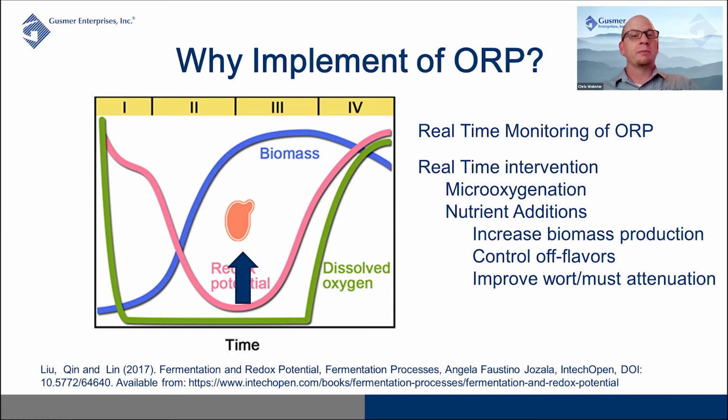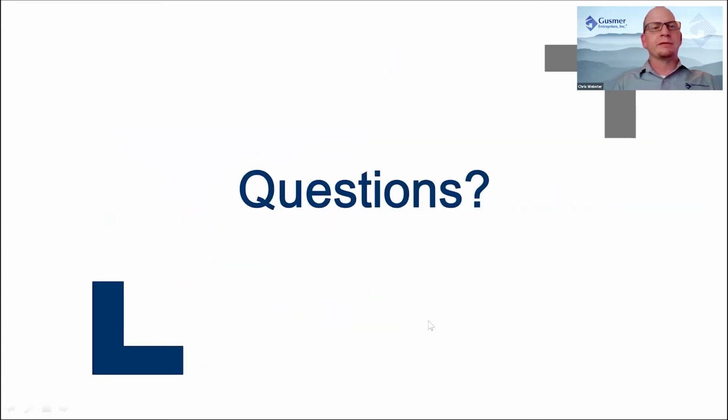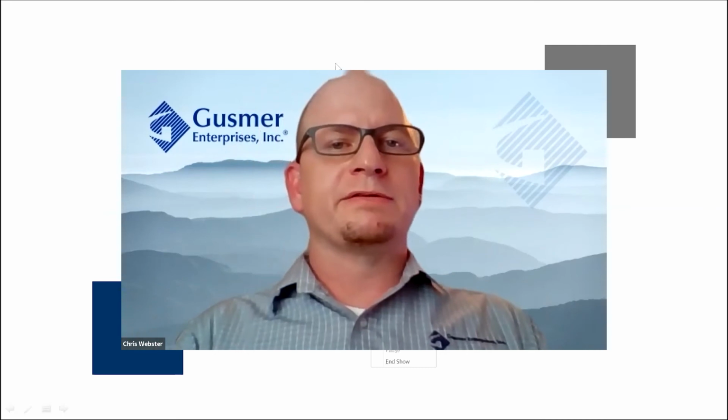By increasing that biomass and making it more healthy, you also decrease and control the off flavors that can be produced during the fermentation. And ultimately, you also improve their utilization of the sugars, leading to better attenuation and more consistency across your brand. So if I was to really want to implement a strategy in the brewery, I would